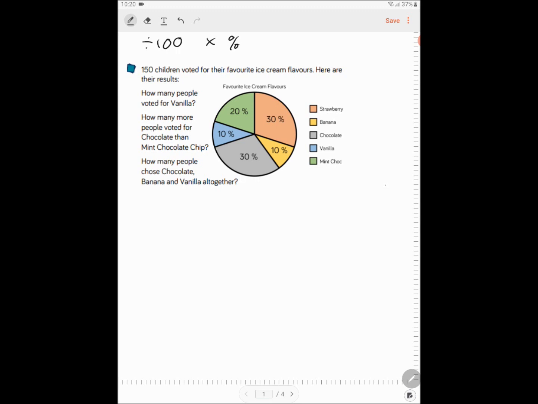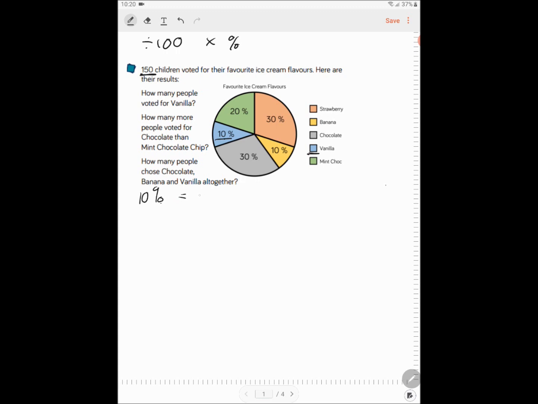Now while I'm going through, I'm going to be using some of the shortcuts as well. But if you get stuck, come back to that method, divide by 100 and then multiply by whatever the percentage is, and you will get to the correct answer. Okay, so for this particular question, we've got 150 children took part in the survey about ice cream flavours. Now we've been asked to find how many people voted for vanilla. So we find vanilla, it's blue. So we've got 10%